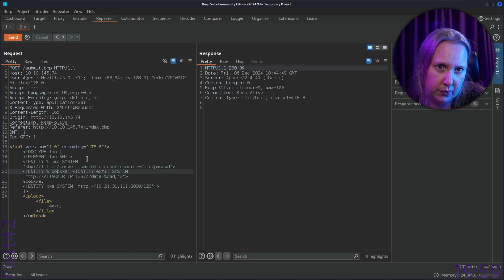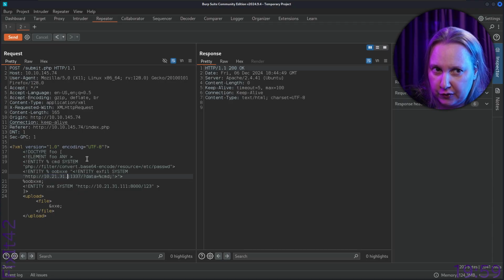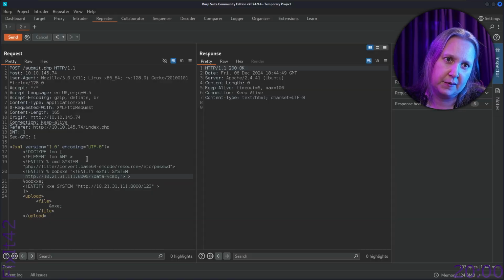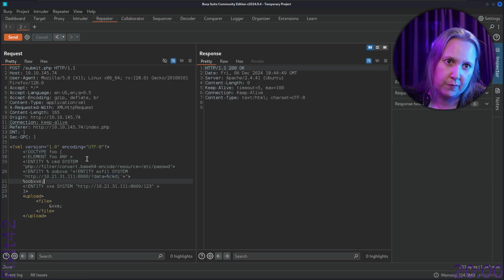Then entity OOBXXE exfil system HTTP and our IP. So 10, 21, 31, 111, 8000. Percent data, and then we have the variable, meaning the contents of its password. So data equals the base64 encoded its password there, and then